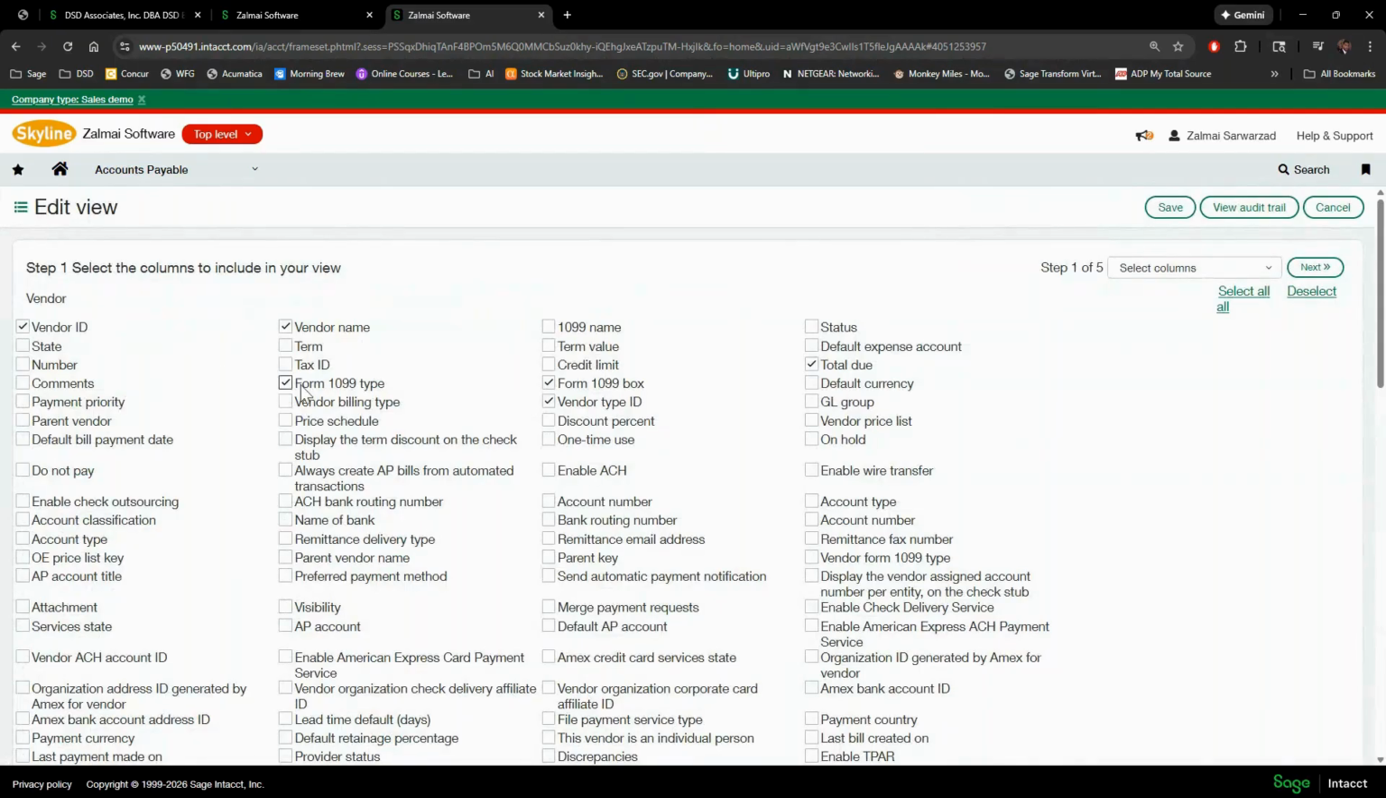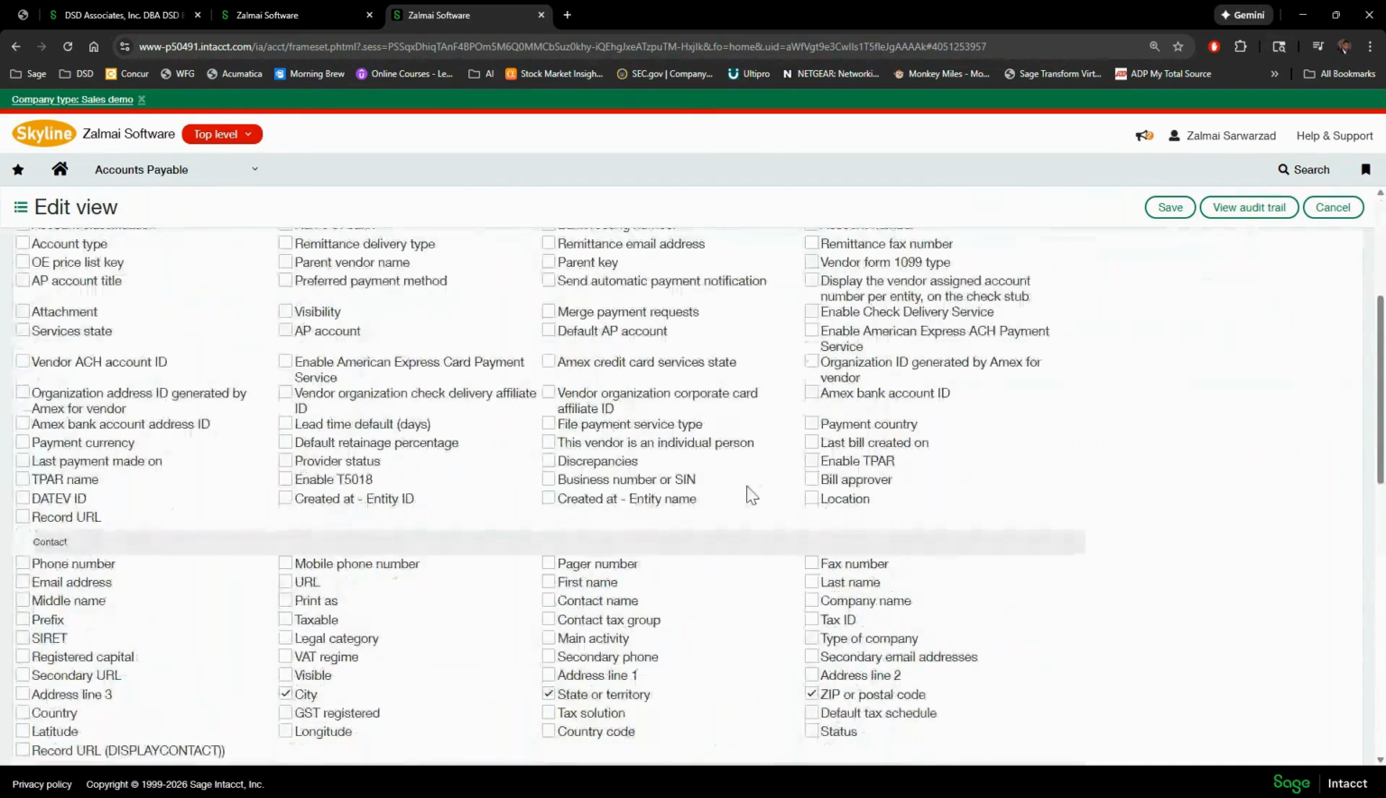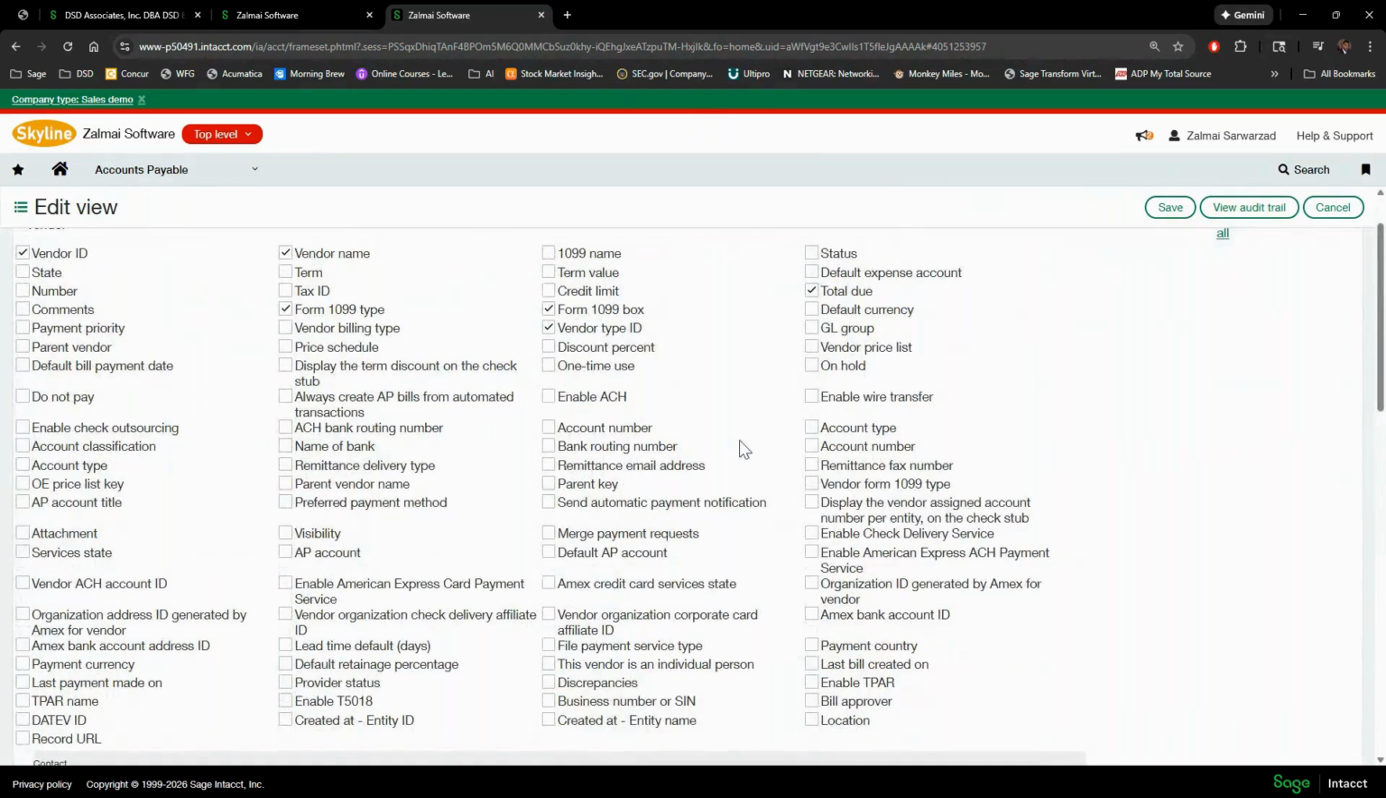So let's just say I want to just go ahead and make sure that I have it for last year as well, since it should have been a 1099. And then in this specific view, you do have your 1099 form. So I have this 1099